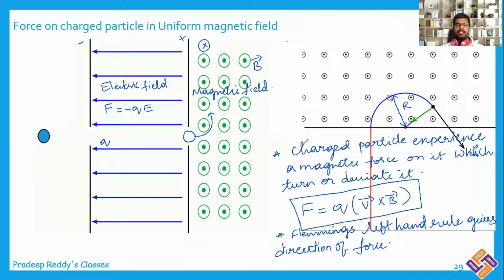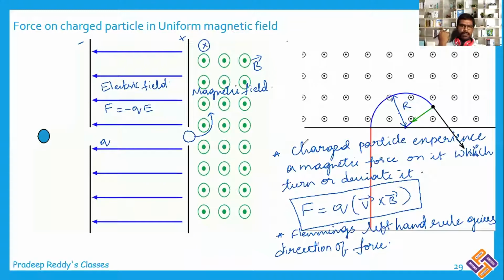And in which direction is it experiencing force? The magnetic field is coming towards my side, and the velocity of the charged particle is to the left side. So it should be represented that the thumb finger represents force. It should experience a force in the downward direction, but of course here it will be a mirror reflection shown in the digital screen.